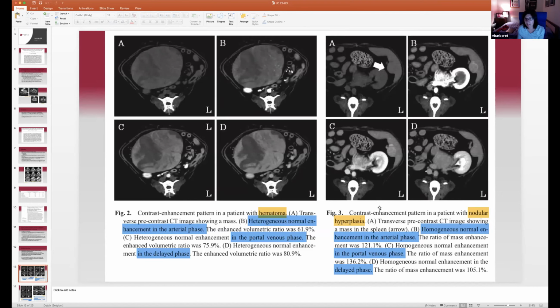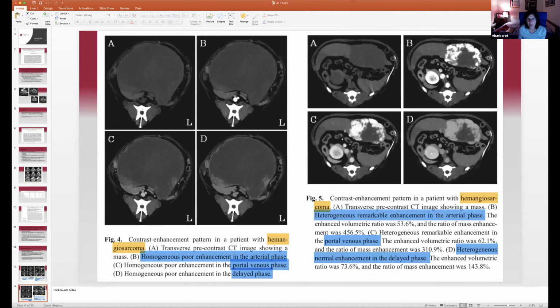Nodular hyperplasia, so that's where I was not completely agreeing with their classification, because they call this homogeneous normal enhancement in the arterial phase, and I wouldn't say it's homogeneous, and I wouldn't say it's normal, because it's definitely hyper than the rest of the spleen. Same in the portal phase, and obviously in the delayed phase, it's a bit more homogeneous and isoattenuating. So that's where I was not completely in agreement with their classification of enhancement pattern,